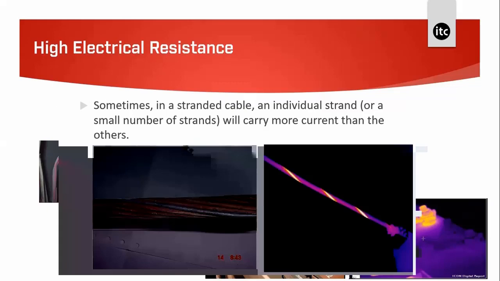There are a number of reasons for this. I think it's a great pattern. It looks wonderful, but it can be the case that at one end of the cable, some of the strands have been cut back to make the connection. There can be a connection failure at one end of the cable, and some strands have been broken or melted away. The cable can begin to unravel, creating a contact resistance between the strands,